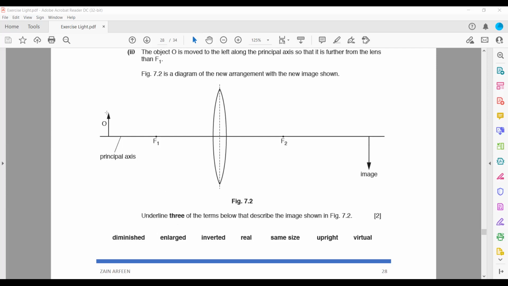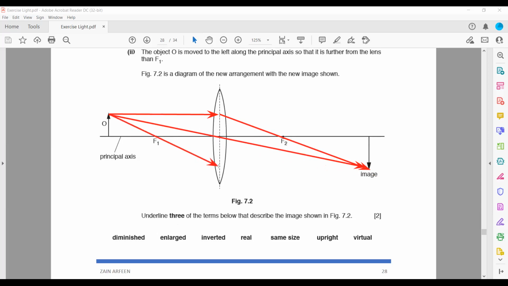First, again, the parallel light ray. If the light ray is parallel, from where will it pass through? It will pass through the focus. One through the center of the lens will pass straight. And you can also take a light ray passing through the focus, which will go parallel. So these are the three light rays which can pass